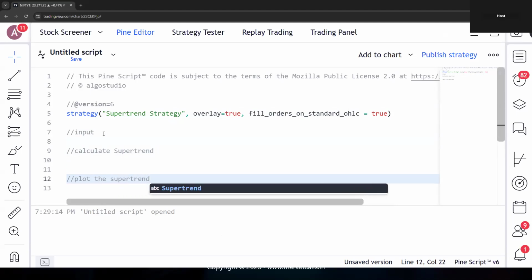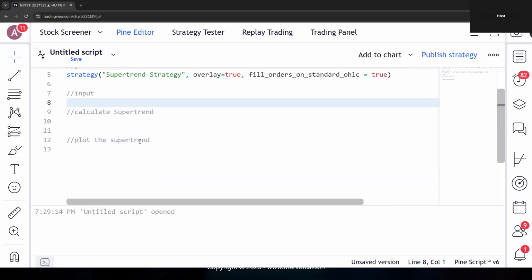Color coding the super trend needs to be taken care of, right? So when we are plotting, we also need to take care of the dynamic colors as well. So with dynamic colors,